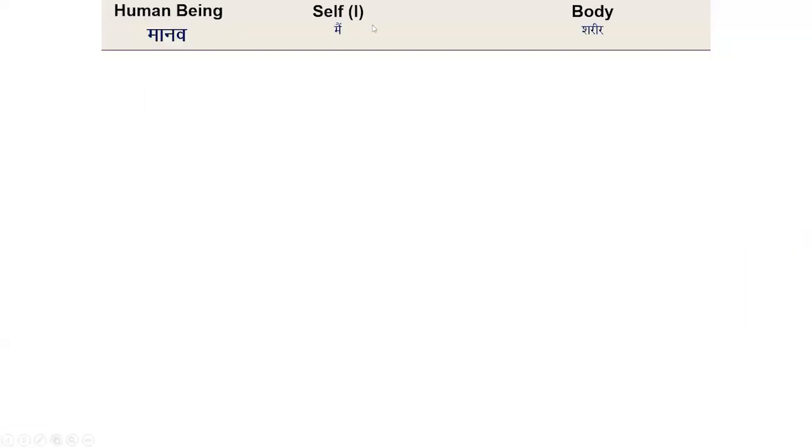So now here we have animated. Earlier it used to appear in one glance. Now here we have animated. So human being is there. We can see that the body is there. We can also see that self is there. Now here we can pause and let the child think.